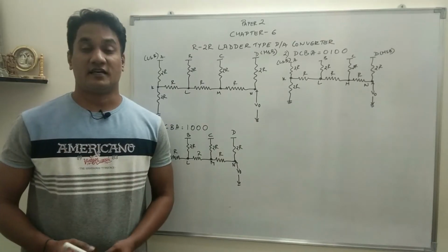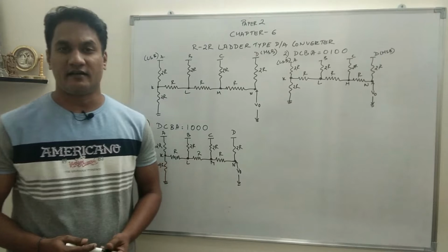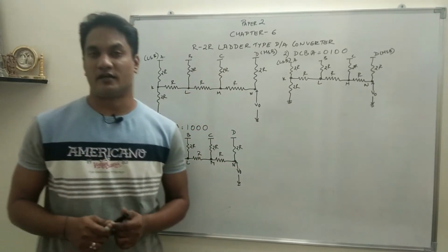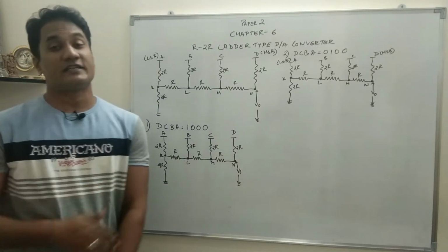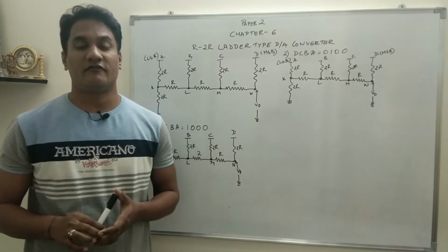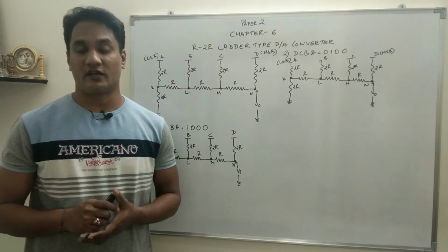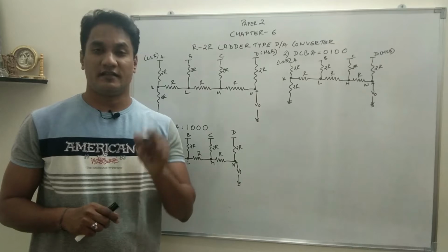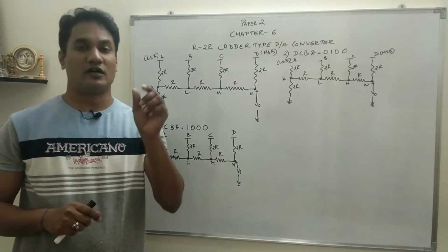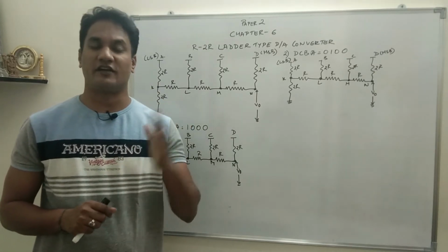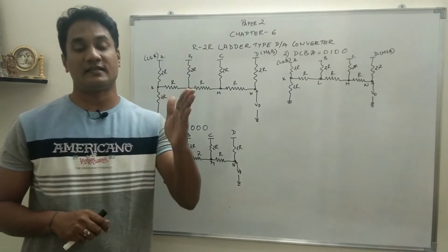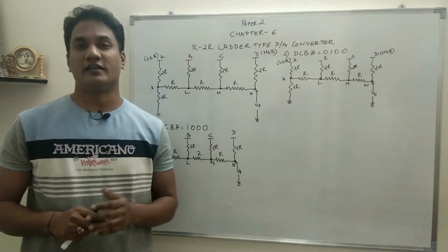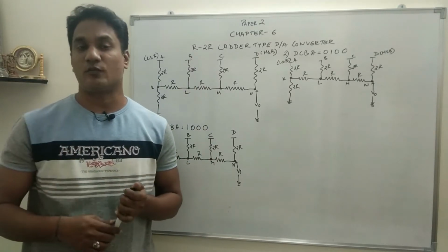Hello students, the next circuit which we will try to understand is R to 2R ladder type D2A converter. In the previous video, I explained the disadvantages of weighted resistor type D2A converter. There were two disadvantages. If you increase the number of digital inputs, the resistance value decreases. The lower the value of resistance, the more is the effect of temperature on it. Any change in temperature will change the value of resistance, and therefore the total current flowing in the circuit will change, which will change the output analog voltage.